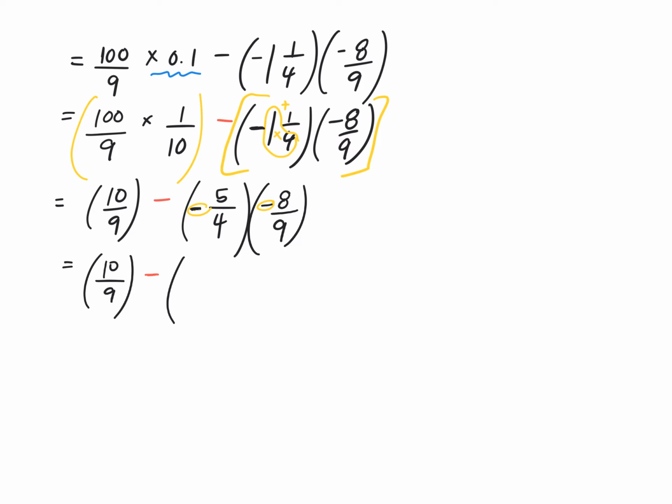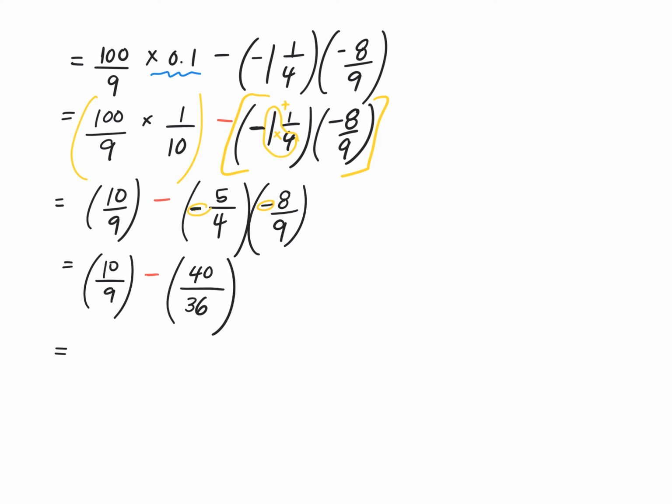So 5 times 8. It's 40. And 9 times 4. 36. Good. So now we're down to the last step. We have fractions that we're subtracting. We have 10 over 9, take away 40 over 36. And what do we need to do to subtract these fractions? Well,